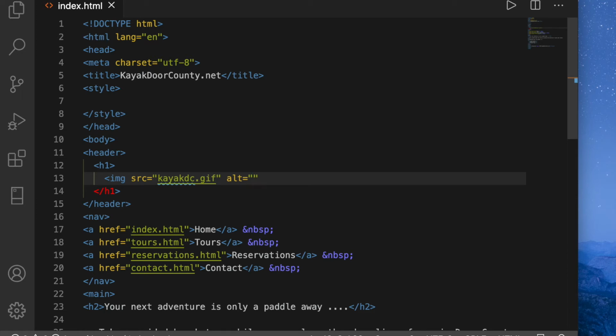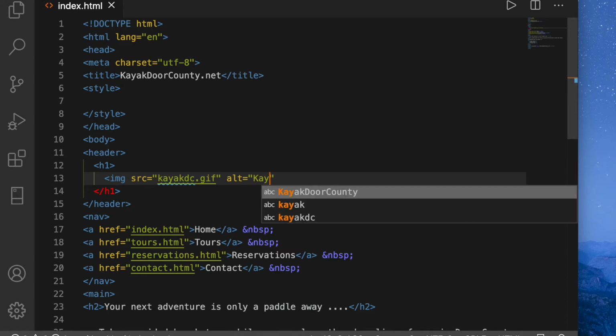So for instance, like an education website, you have to make your website accessible to those with disabilities. Alt text is one of the ways that you can do that. It ensures that someone who is vision impaired will understand what the pictures are on the website. For this one, we're going to do